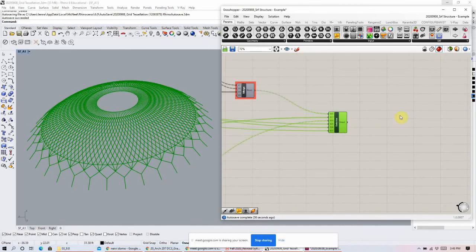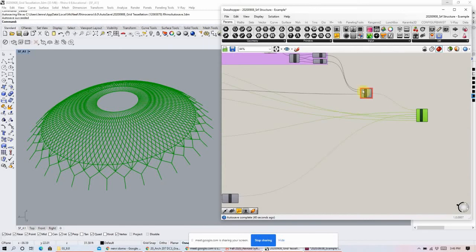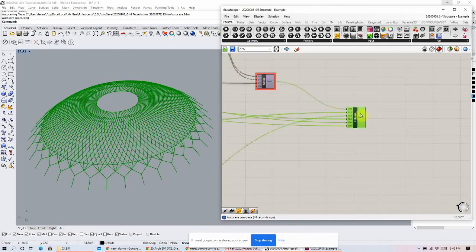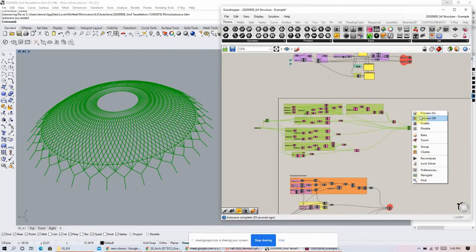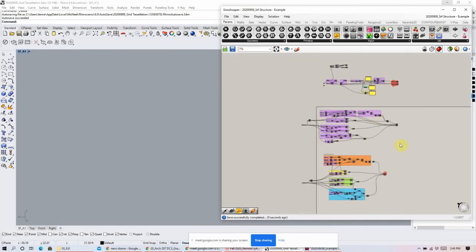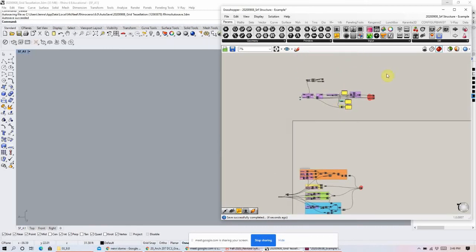So we could bake it, or we can start to try to add geometry to each one of these outputs and then input into here. But I think for now this is a good stopping point. Okay. So I'm going to select all of this and right click and do preview off. Save my script, and then I am moving this down below, but we're going to work on the next part